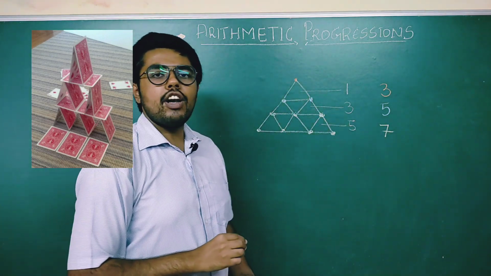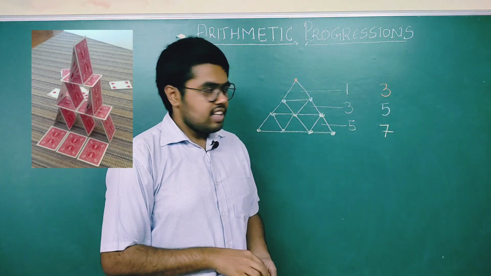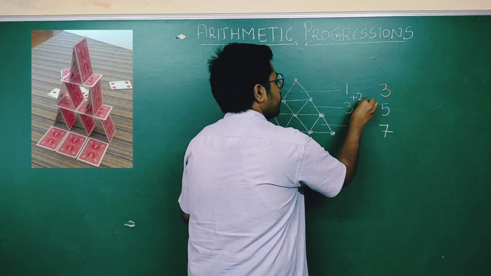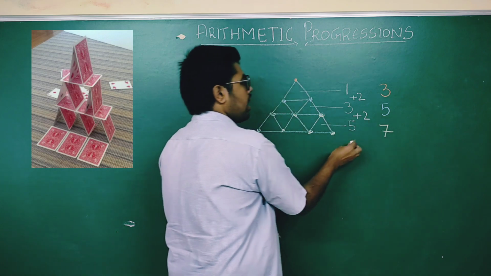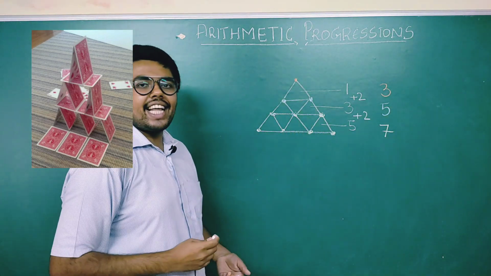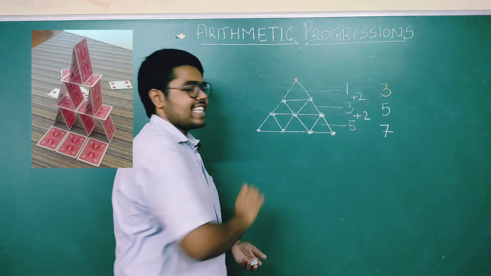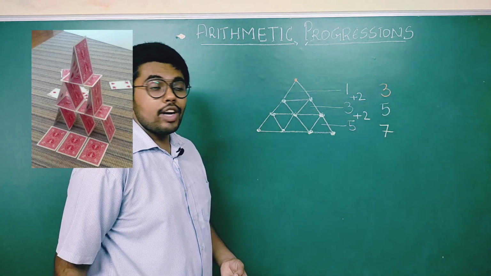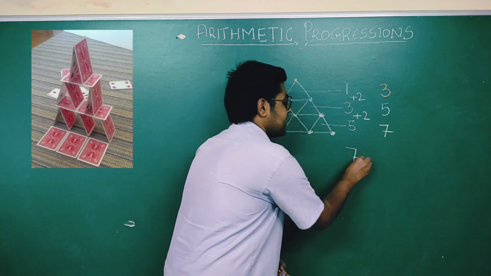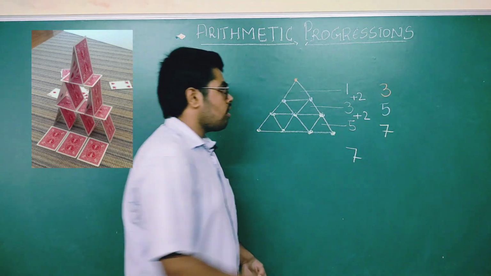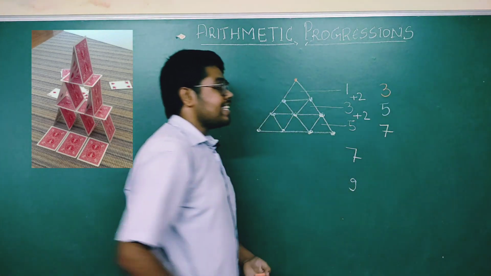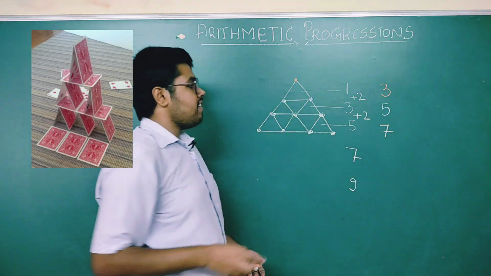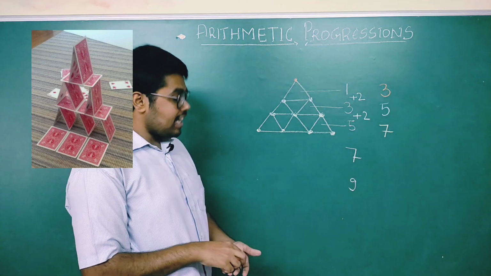Can you see a particular pattern here? Yes, that pattern is plus 2, plus 2. So for the next layer, if at all there is a next layer, how many triangles would it have formed? It would have formed 7 triangles. What if one more layer was there? It would have formed 9. Similarly for vertices, if the first one is 3, the second one is 5, the next one is 7, what would have been the next vertices?